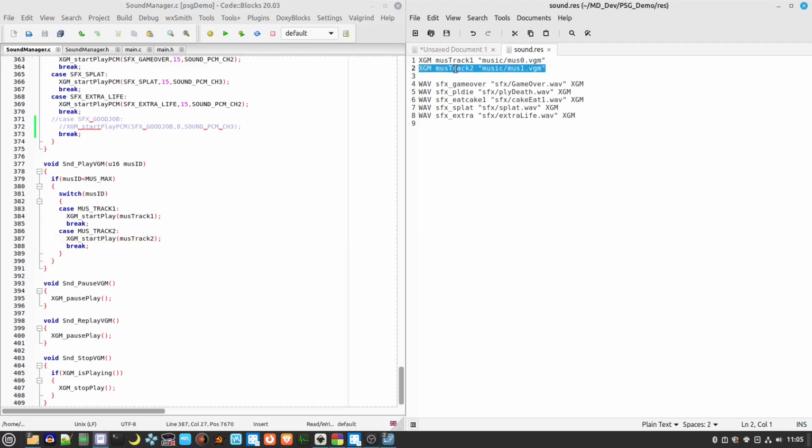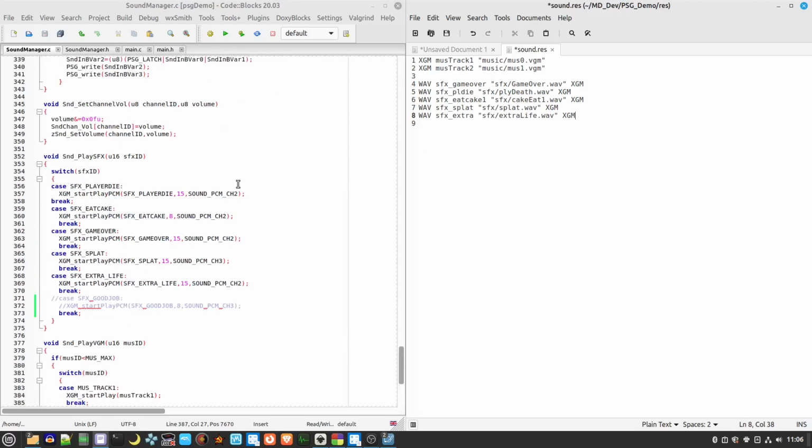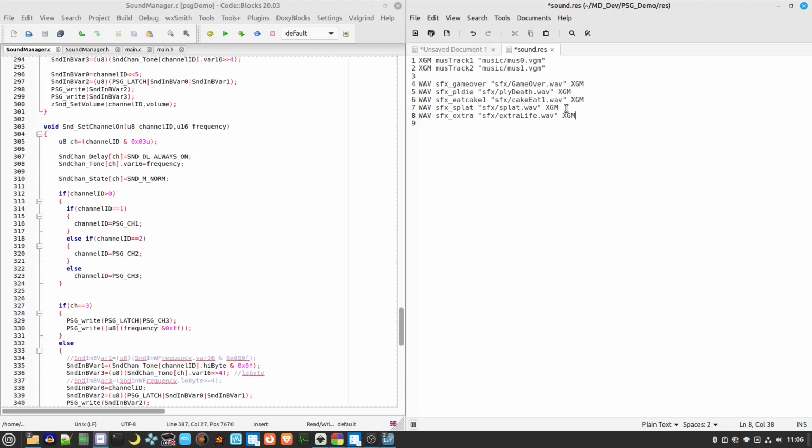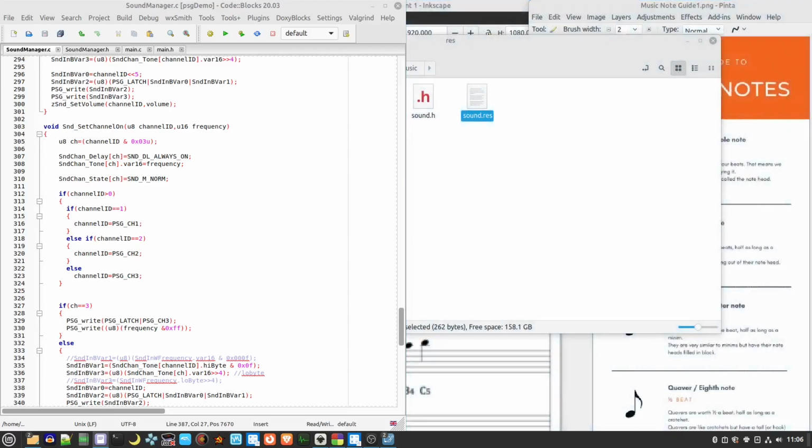To add more, you would literally just add another line here. Maybe it was MUS2, and then you would just change the name of this. We will add another WAV file in a moment, so I can give you a more detailed explanation of the parts that you need to do, because once we update our resource file and save that,